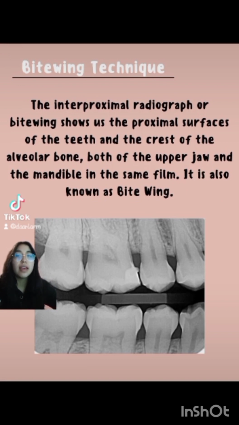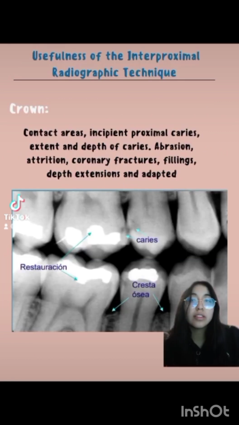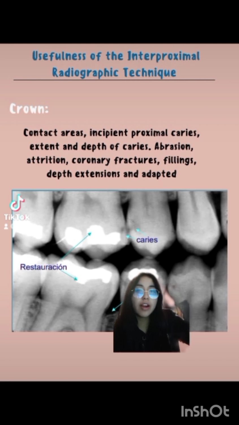Bitewing technique. The interproximal radiograph shows the proximal surfaces of the crowns and the crest of the alveolar bone, of the maxilla and mandible in the same film, and is also known as bitewing. Uses of the interproximal radiographic technique: crown contact areas, incipient proximal caries,